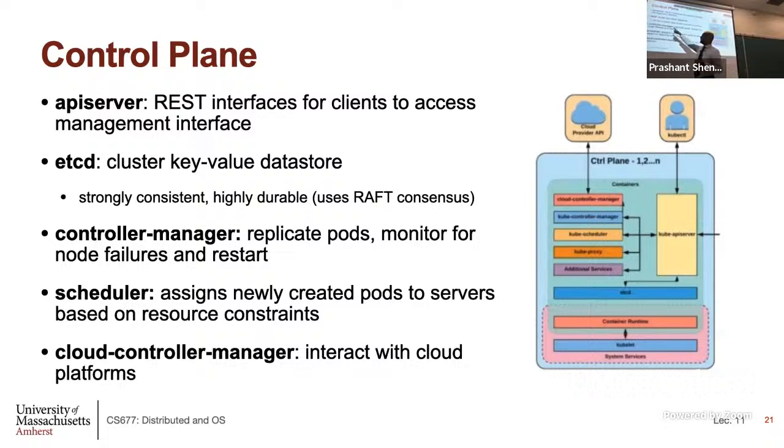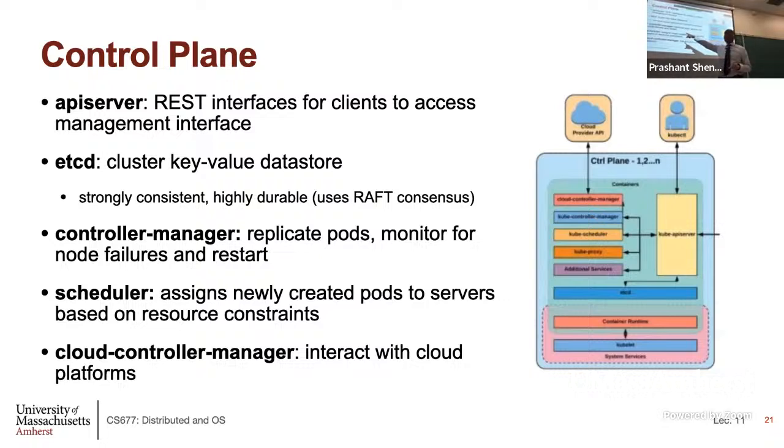Then there is another component called etcd, a key value store that's similar to the Borg master. This is where the entire state of your cluster is kept: which pods are running, which machines they are running on, how many resources are given to applications. All of that is stored here. This component has to be replicated, because if that fails, your entire cluster manager will fail, because it will not know what is running where. Just as in Borg, where the Borg master was replicated 5 times, this is going to be replicated, and it uses a Raft consensus, which we'll talk about later, similar to Paxos, to ensure they're all consistent with one another and so on.